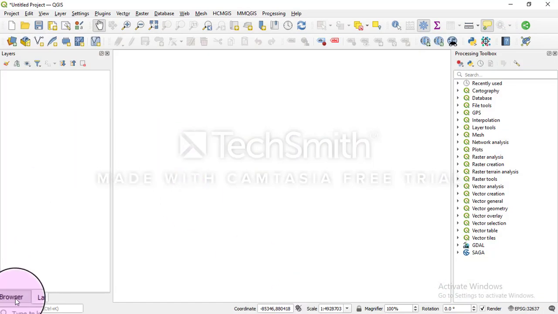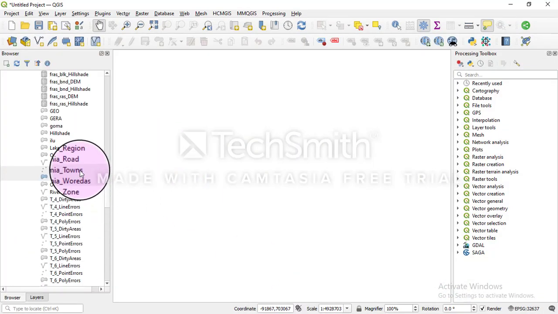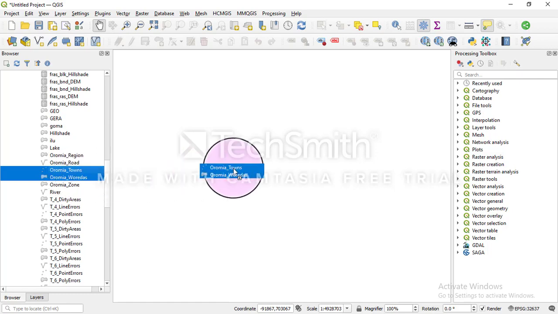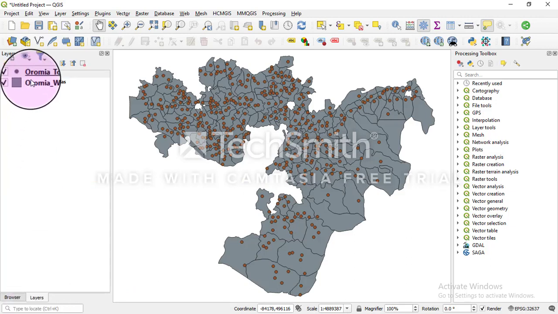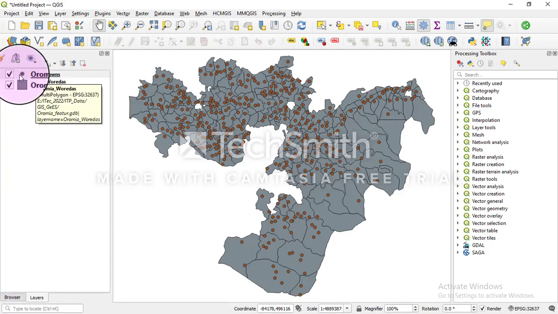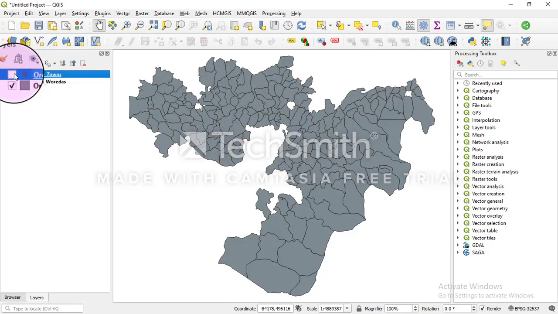It is QGIS, and go to the browser, and then here go to your data for this practice. We need two layers, Oromia Woradas and Oromia Towns. Go to layers, and here before we go to map using graduated color,